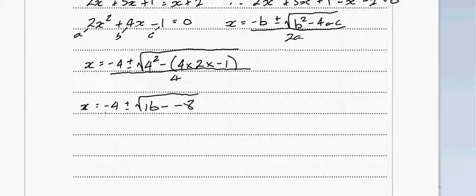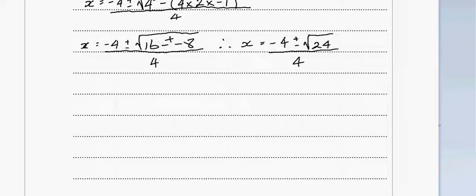And this is all over 4. Now, a minus and a minus will give us a plus. So therefore, x equals minus 4 plus or minus the root, now 16 plus 8 is 24, and this is all over 4. Okay, so I'm hoping you're still with me and that you're not crying too much. So now I can say x equals minus 4 plus or minus,